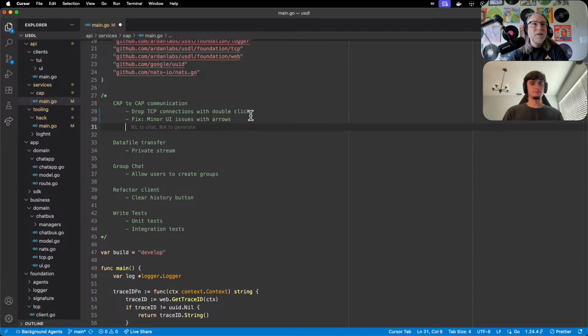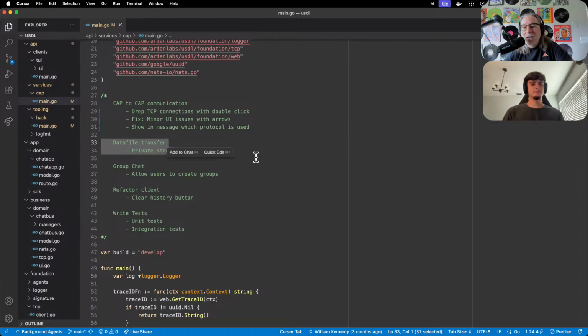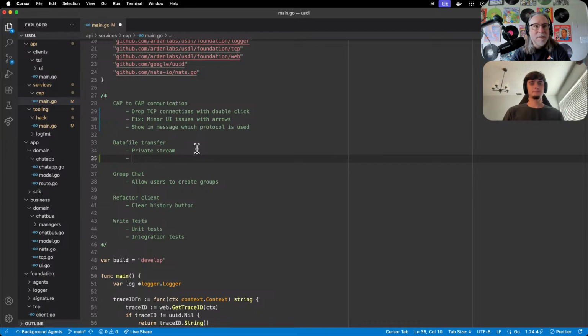I also want to show in the message which protocol is used. We're going to do these final things on Tuesday, and then that's going to be really solid. And then we're going to work on doing that over the TCP connection. I'm excited to see that. Transferring an actual file. Then we're going to want to do this also with